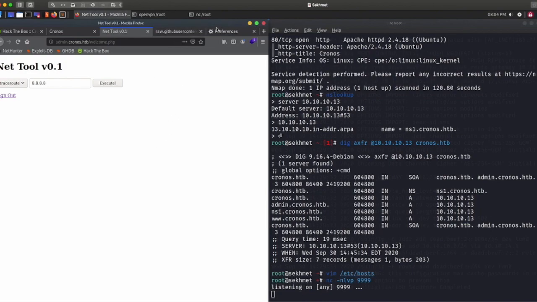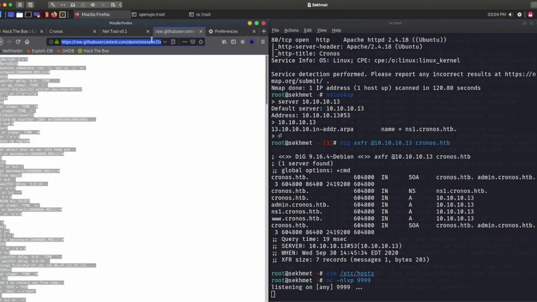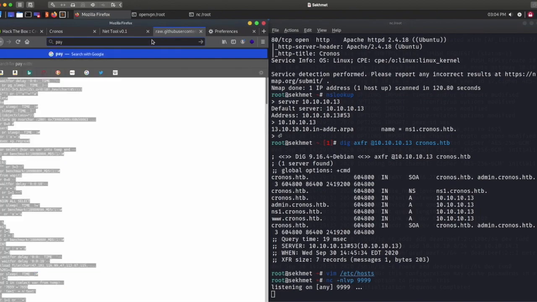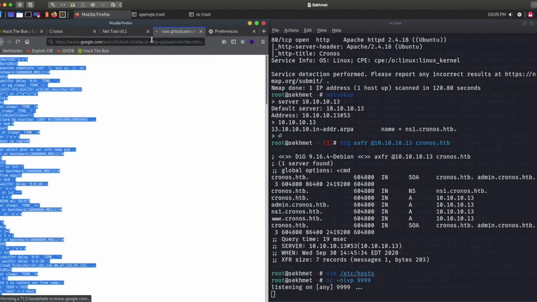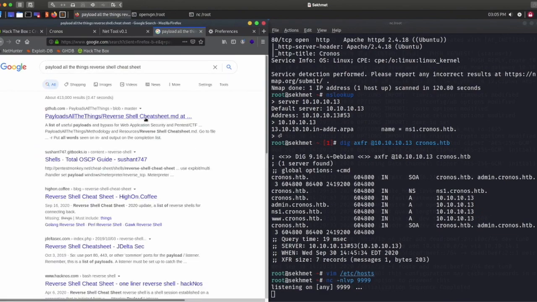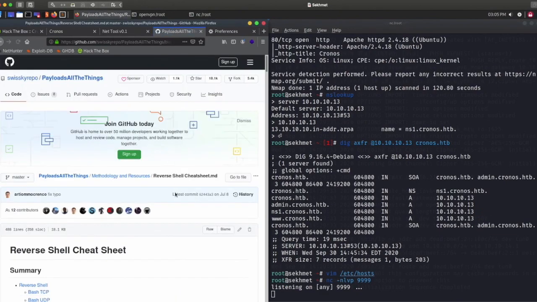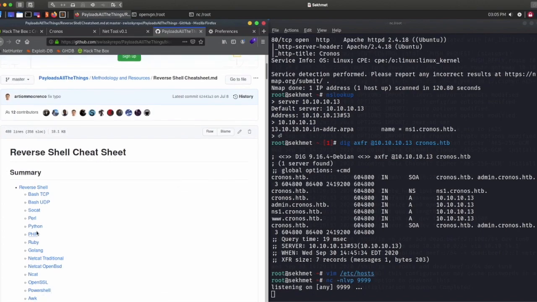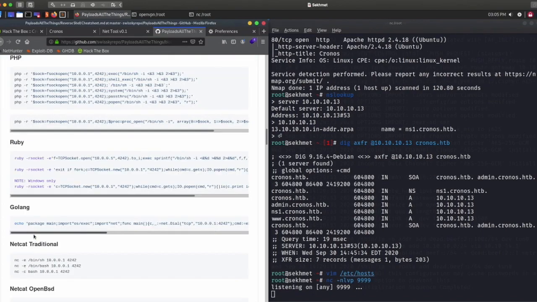So if we have a look in the PayloadsAllTheThings repository, we look for reverse shell cheat sheet. Then we will find a series of reverse shell commands for PHP. So if we select one of them,